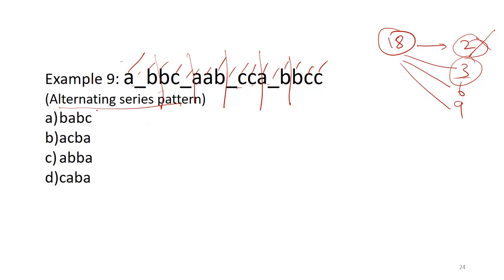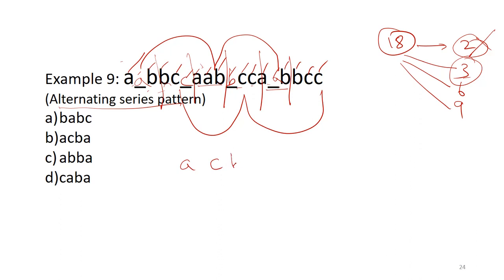Now, as the title here suggests, it is an alternating series pattern; in the exam they won't give any titles. If I don't want alternating, then I have to take 6 each. So A dash B is here, and again A dash B is here. So it's an alternating series. In the dash, A comes into the picture. Similarly, BC dash, so BCC, BCC, BCC. So my answer should be AC, B, A. AC, B, A is my answer.